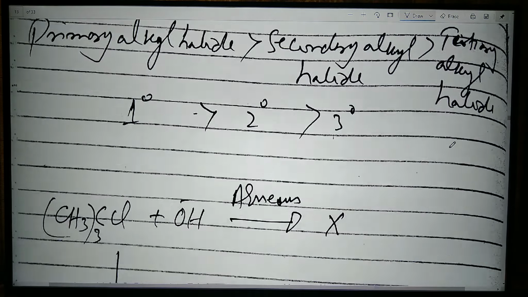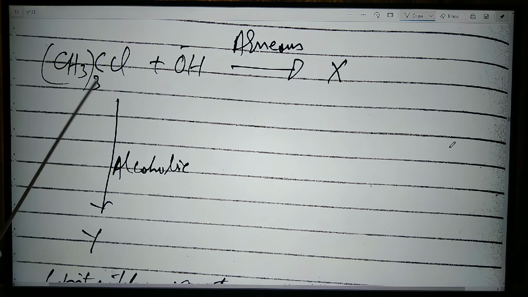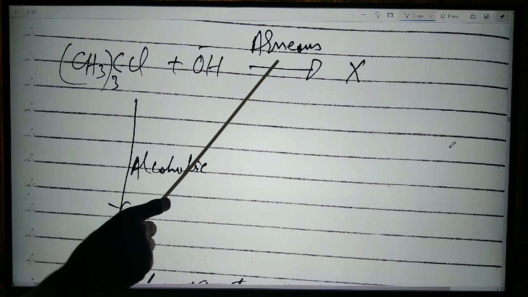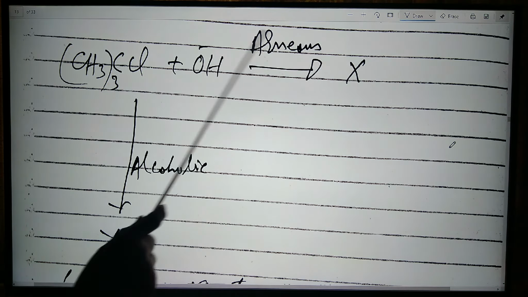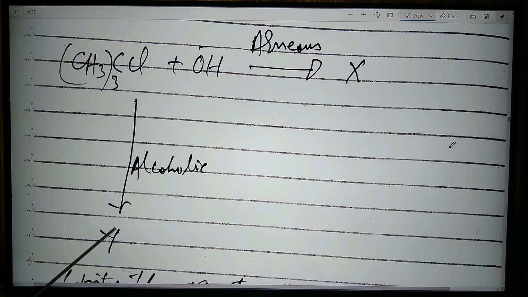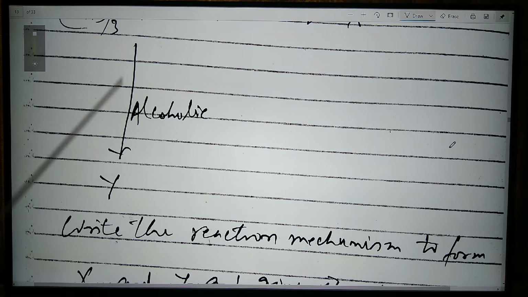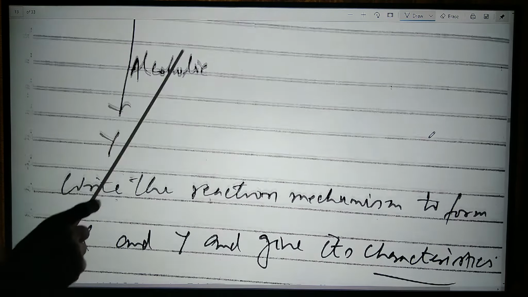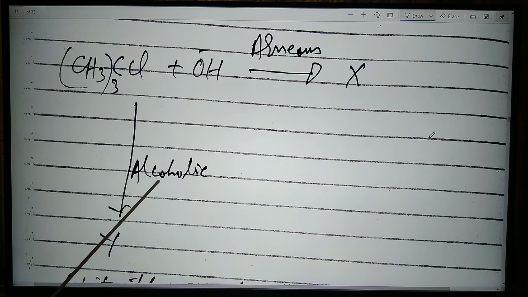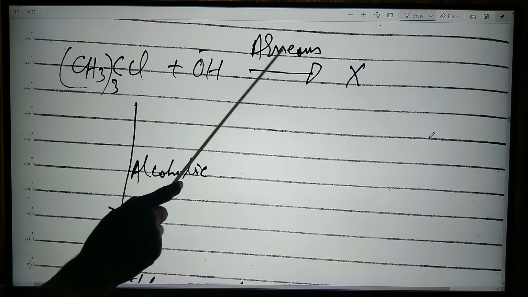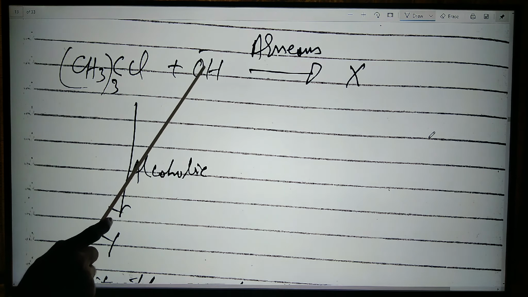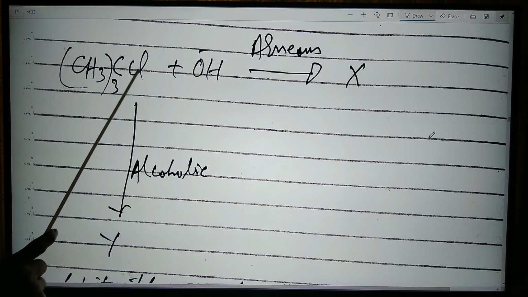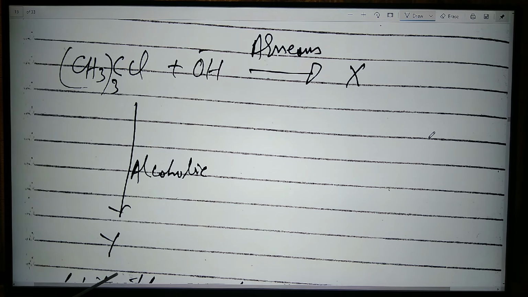So we can say that, for example, if we have the alkyl chloride plus OH aqueous, what should be the product X? If it is alcoholic medium, then Y. Then what is Y? You can explain on the basis of such elimination and substitution reactions. We can say basically for this X and Y, the medium is very important. If it is alcoholic, the elimination takes place. If it is aqueous, the substitution takes place. Hence this OH will attack this Cl to form the alcohol, whereas in the other case you will get the alkene.